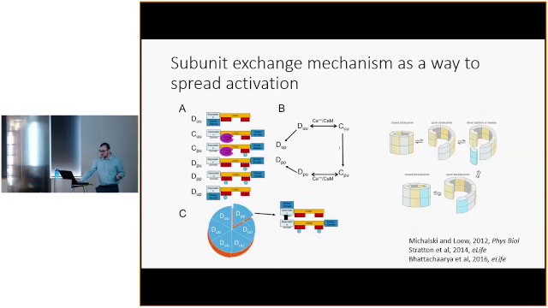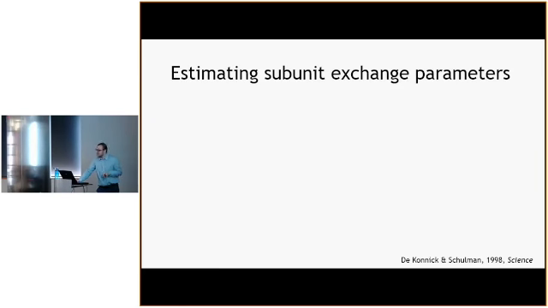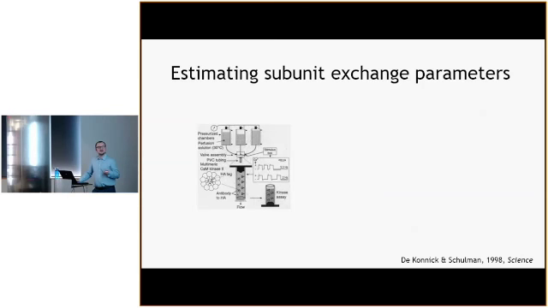That's the whole picture. So we would like to see, can we make a model of this? And then can we estimate the subunit exchange parameters? Because we are putting new interactions on this CAMK2 model, and we would like to see how quantitatively we can find those values. And there are 2 sets of experimental data that we find from literature, and we would like to base our fitting on them. The first experiment is from 1998, and